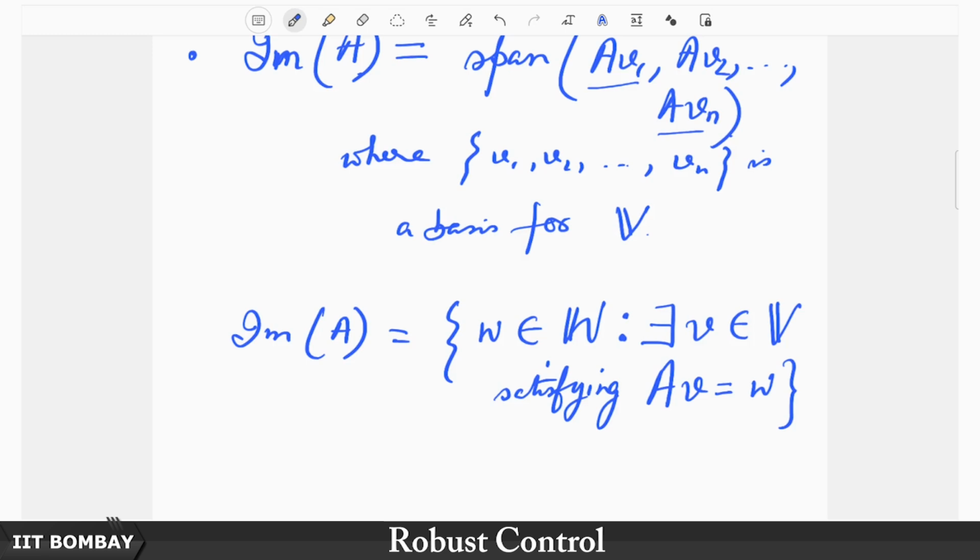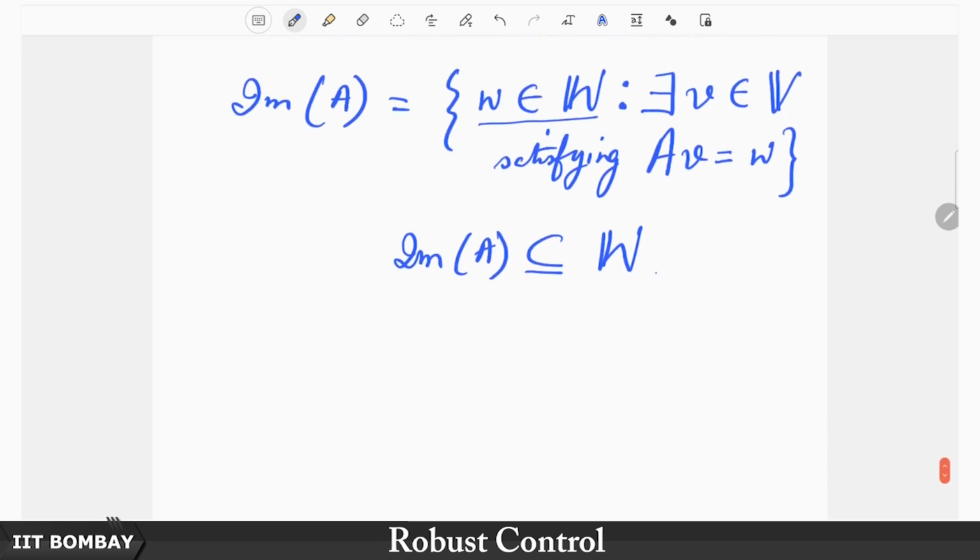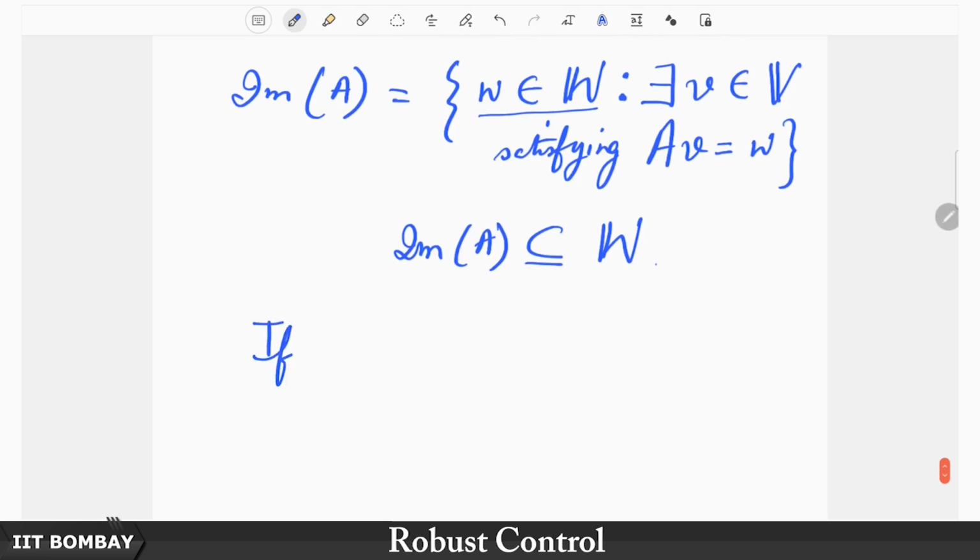So, quite clearly by the very definition, because every element in the image belongs to W, the image of A is contained in W. This leads us to the following definition: if it is not just contained but also equal to, so if the image of A is equal to the codomain of the linear map, then